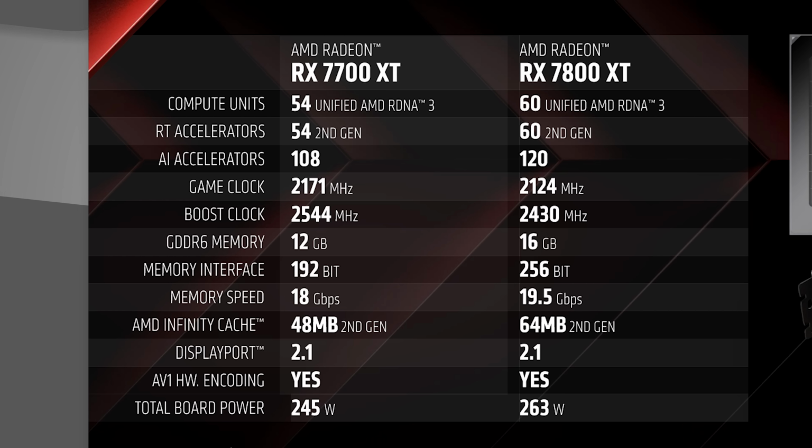But it's a 192-bit memory bus and it's 12 gigabytes of memory. So if you remember, the 4060 Ti has a 16 gigabyte model, which is only available through AICs, like MSI, Gigabyte, Aorus and Asus and all of them, whereas the Founders Edition card is only an 8 gigabyte card. So it's kind of interesting that there's two memory allocations you got to pick from on the 4060 Ti, but this one here, right in the middle, 12 gigabytes, which would be plenty, I think, for most